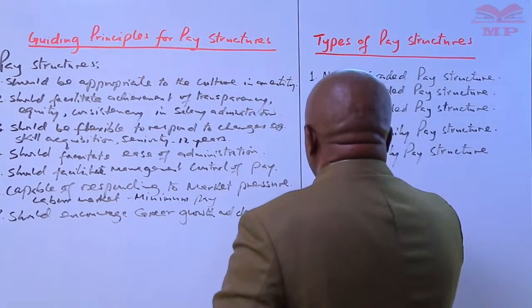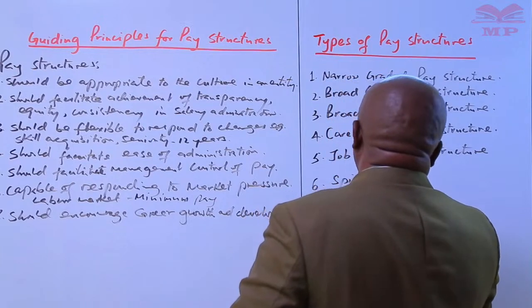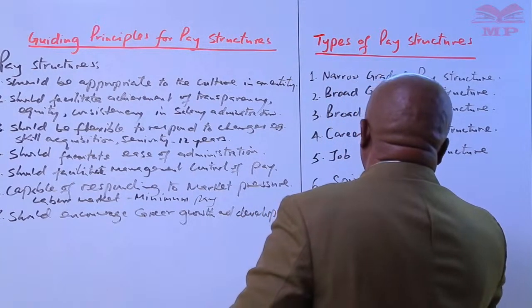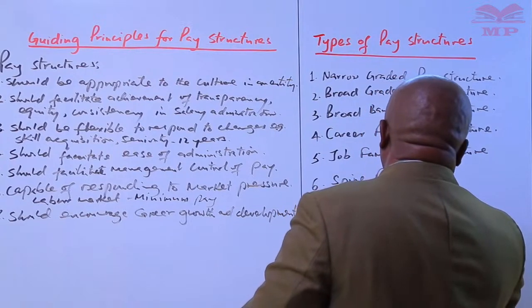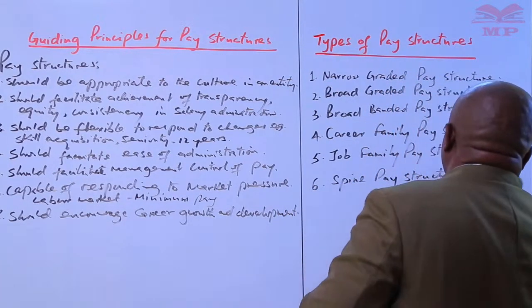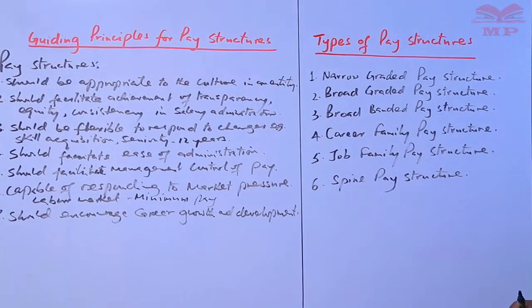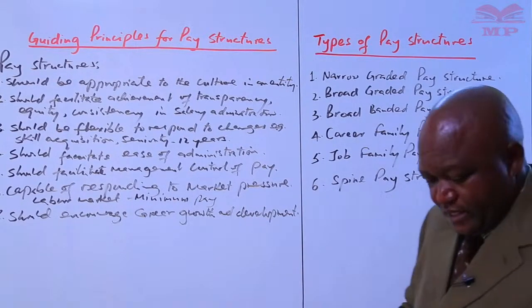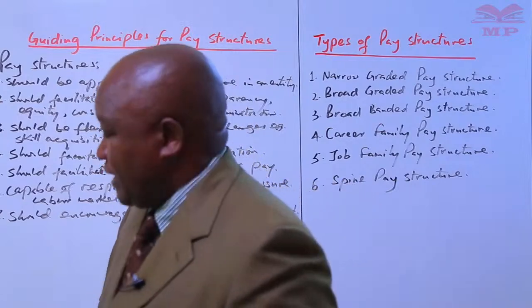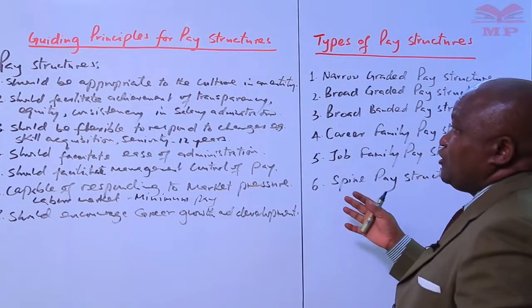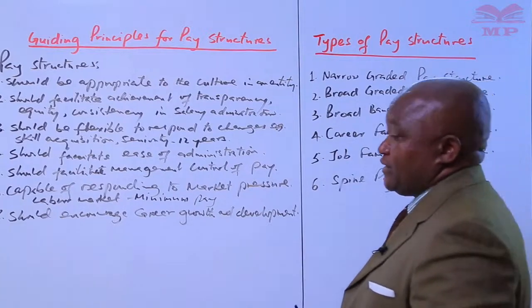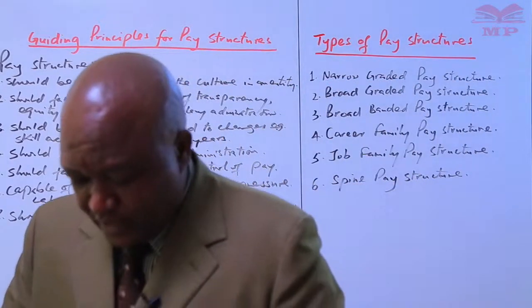And then you have number 6, spine pay structure. So these ones are examples of types of pay structures that an organization may have. So you have the narrow graded pay structure, the broad graded pay structure, the broad banded pay structure, career family pay structure, job family pay structure, and spine pay structure that an organization can also use in relation to the kind of pay structures that organizations may design or formulate for purposes